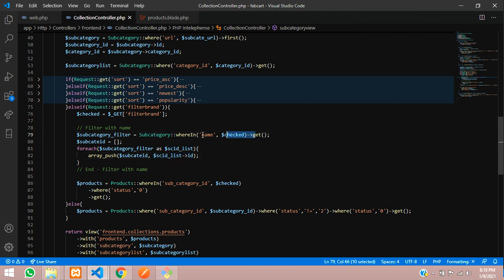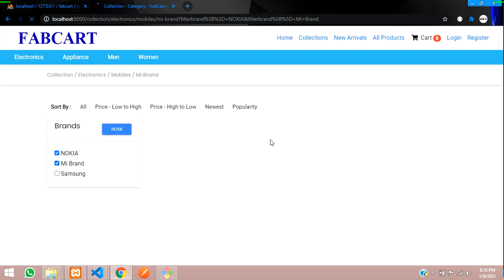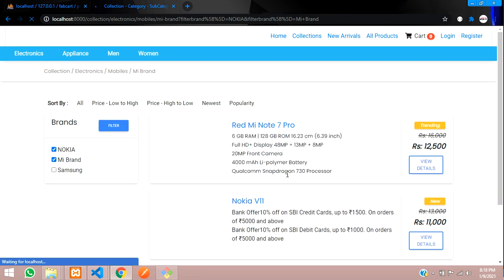Whatever result you are getting, you are looping that ID and storing it into subcategory ID, which we store into one variable called subcategory ID null array. With the help of array push, you are storing into it. Let's copy this ID and pass it over here, and with that we can again print the data. So refresh, you will get the output.